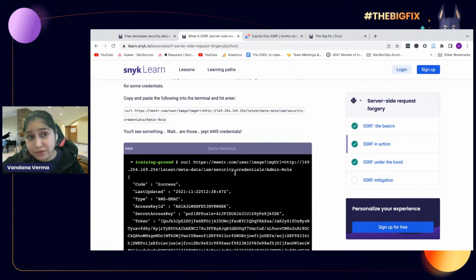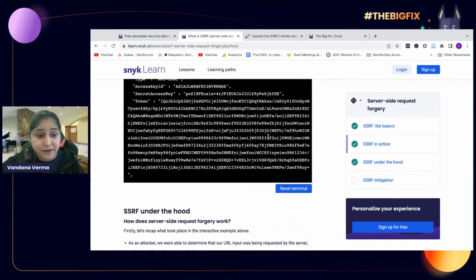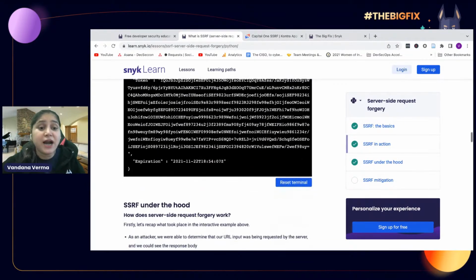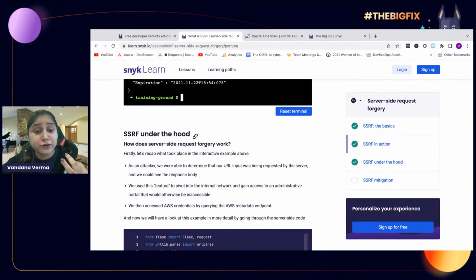And here it is with Mithra. If I want to scan the ports, I would be able to scan it. If I want to do something else, I might be able to bring down the server, might be able to do remote code execution. So SSRF is sort of a remote code execution which can be done on many websites if they are vulnerable, if there is no proper input validation.